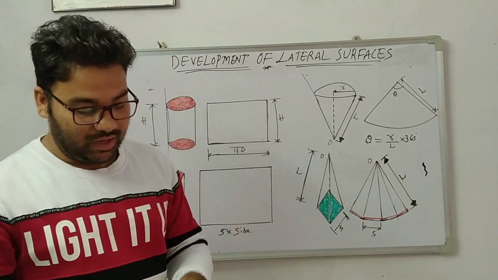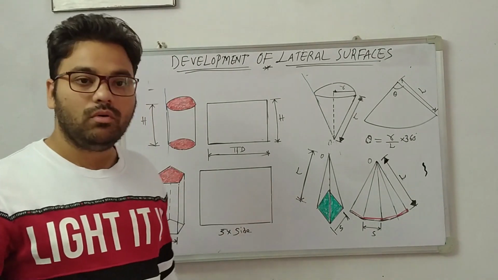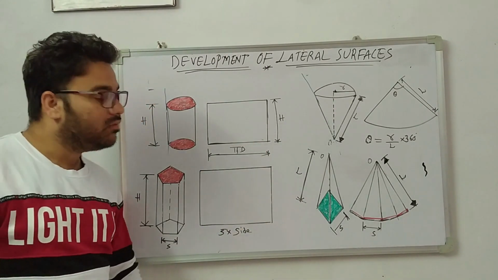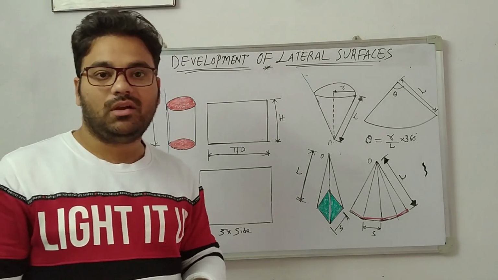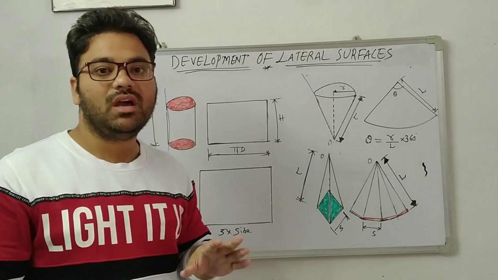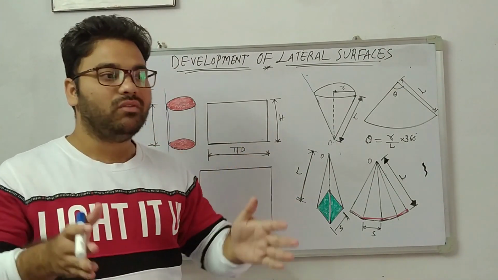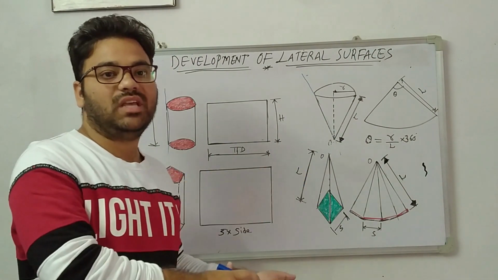Now quickly we will make a problem on the development of surfaces. Before going to explain the problem, what is the need of the development of surfaces? It is to avoid the wastage of the given material. We are using this lateral surface development. For example, if you have the exact dimensions, you can save the material.